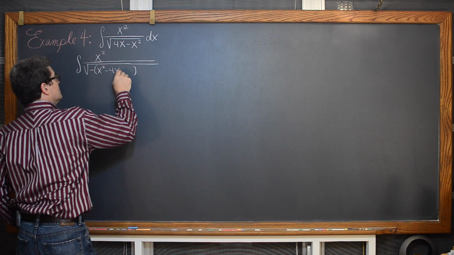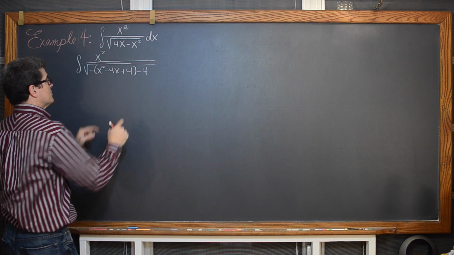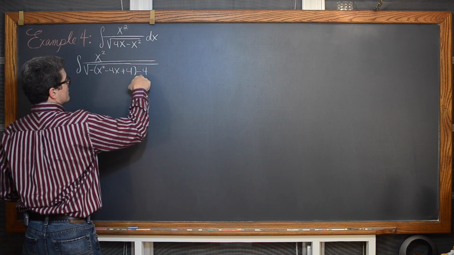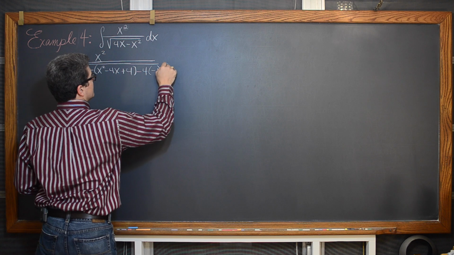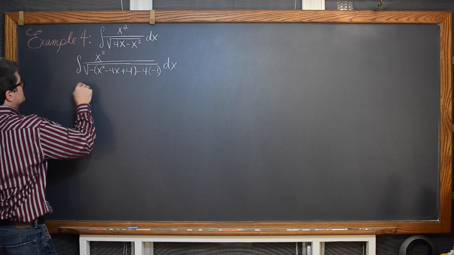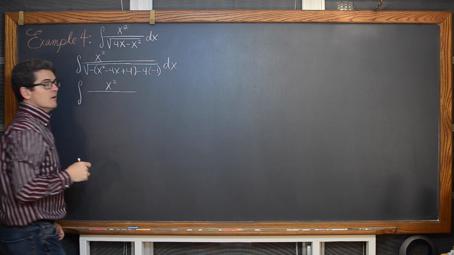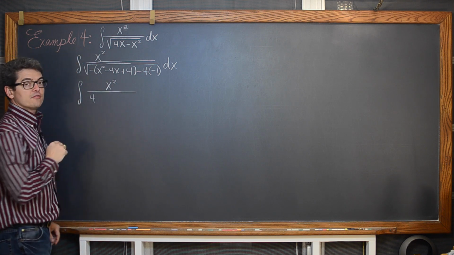We're going to add 4, which of course we have to balance by subtracting 4, except we have to take into account the negative that we factored out, so that's plus 4 minus 4, but the minus 4 outside has to get multiplied by negative 1. Now, we're going to have negative 4 times negative 1, which is going to be positive 4, so I'm going to go ahead and put that first.